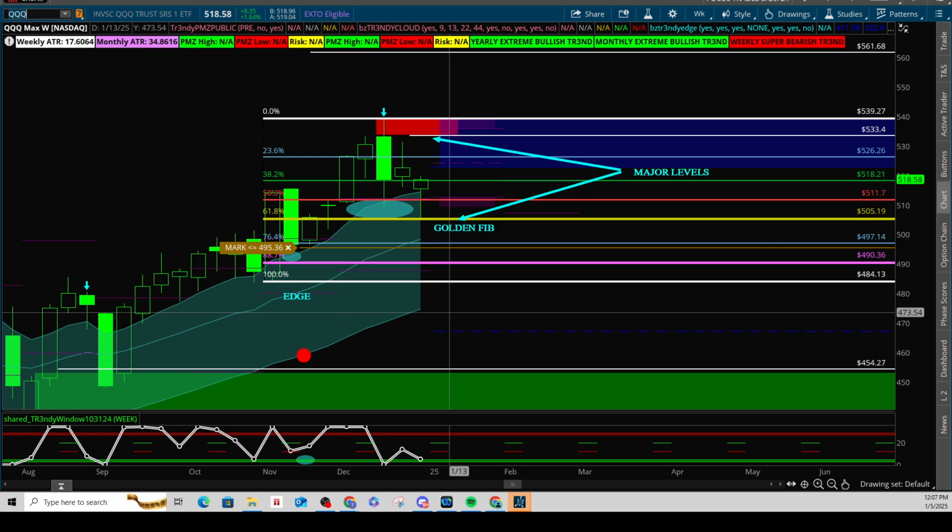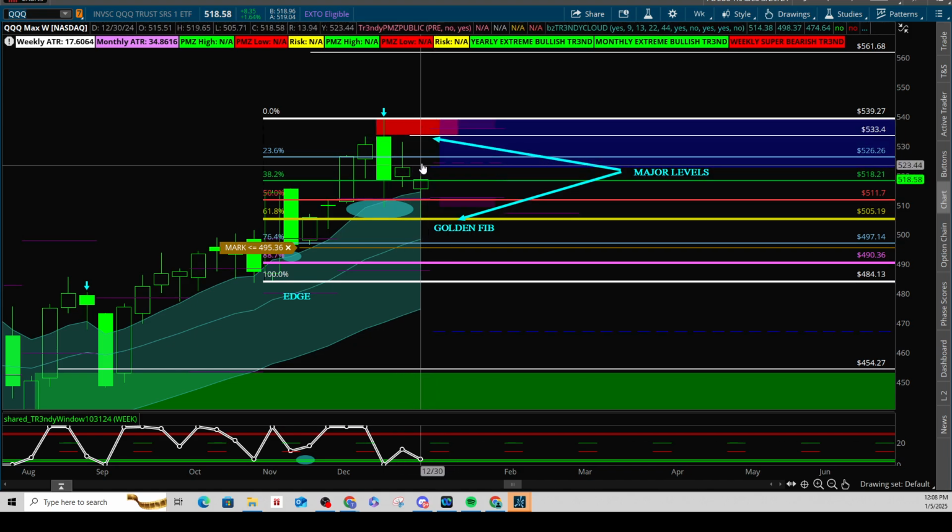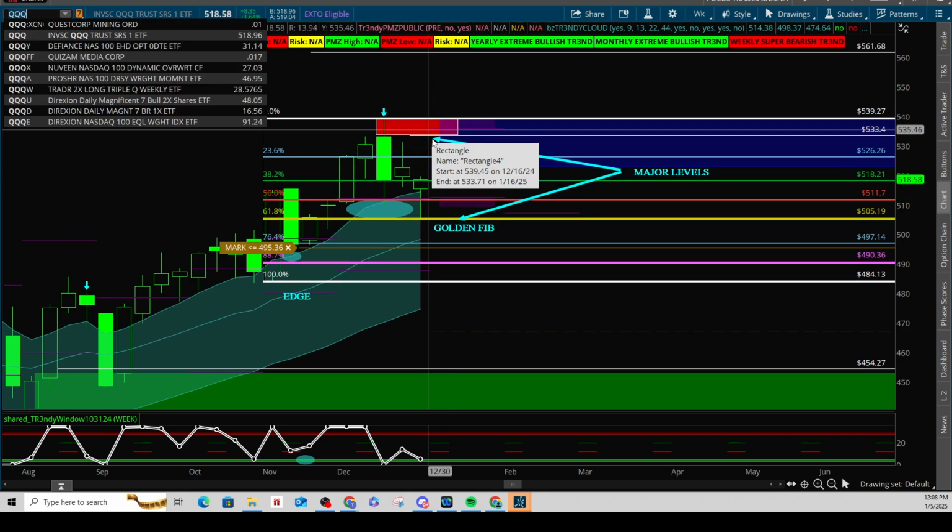So same thing here. We are anchoring our Fibonacci's from the rally there into the pivot high. You can see that the golden fib was tested this past week. We talked about this level in the previous weeks. It worked very, very well. So 505 is definitely an area where I would say is your major level for this week. And then your major level to the upside is going to be this supply zone, which is around 533. Now, understand that you're going to find resistance around 523 and 526. Okay. But these are my two major levels.